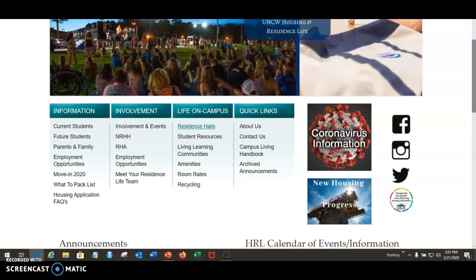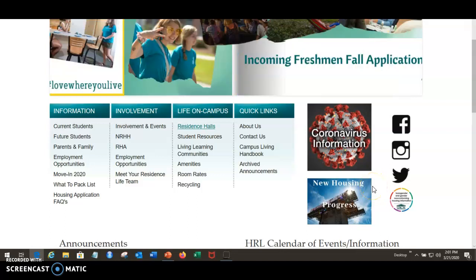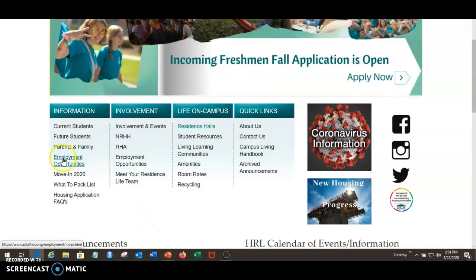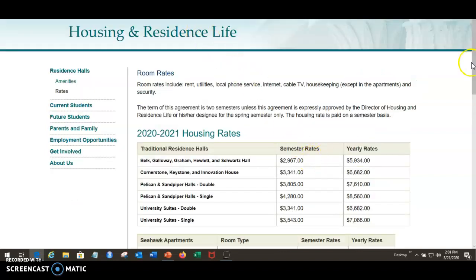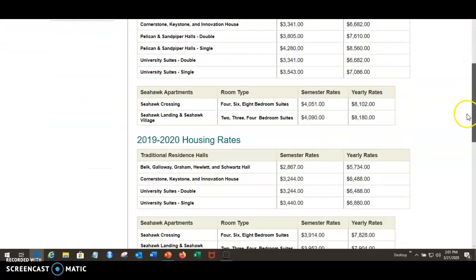It's going to be a separate application than your application to go to college. I mean, you have to tell them you want to be in a residence hall, and they'll send you a lot of information about this. You'll apply for it, and then you can pick from different residence halls. So if we go out here, there's different room rates and so forth for different